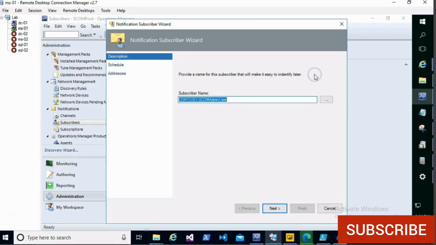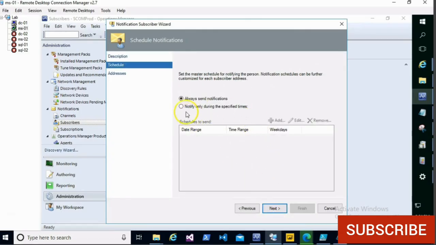Then click on new. Give the name whatever you want. I am leaving it with the Contoso SCOM admin user. Click on next. Here in the schedule you should tell whether it should send the notification always or notify only for the specified interval of time. For example, I want the alert only at 10 o'clock to 2 o'clock. If you want the alert in that particular time frame, then go for notify only during specified times. If you want to see the alerts all the time, just click on always send the notification, then click on